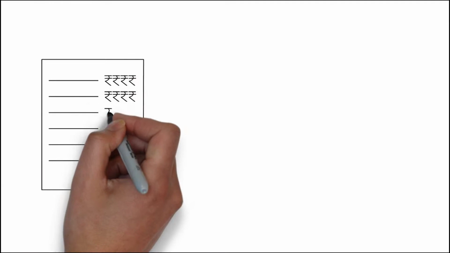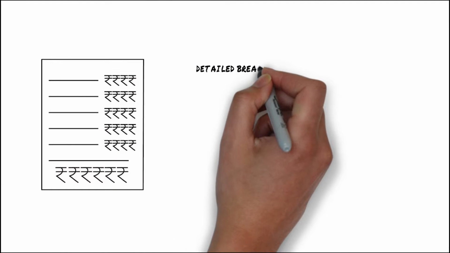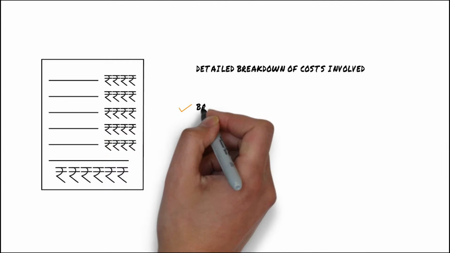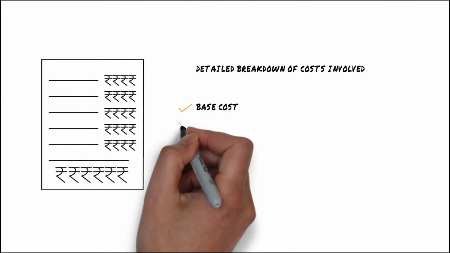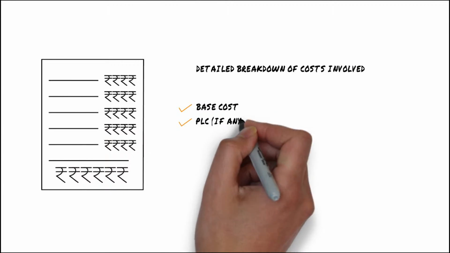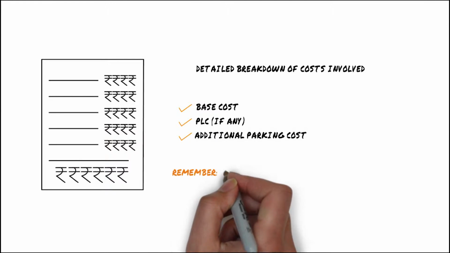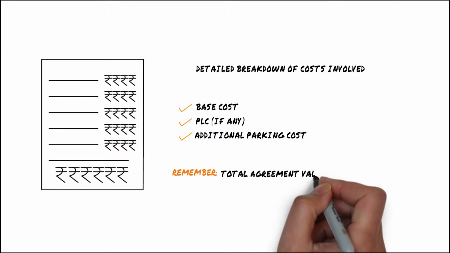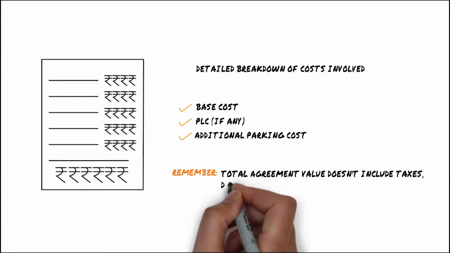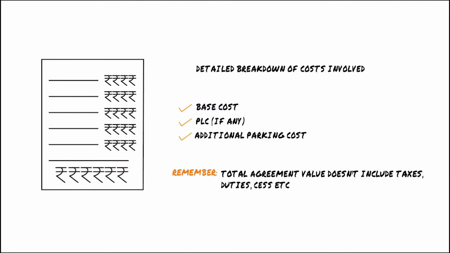Next, look for a detailed breakdown of the costs involved with purchasing the unit. The cost breakup must include things like the base cost, preferential location charge if applicable, and additional parking cost. Remember that the total agreement value doesn't include taxes, duties, cess, and other charges levied by the central and state